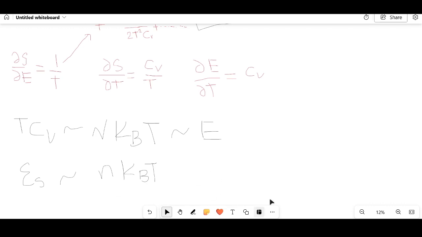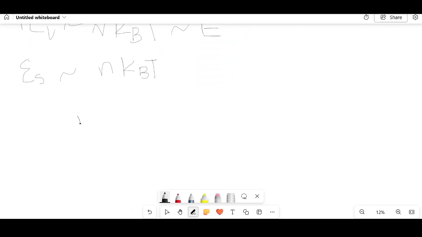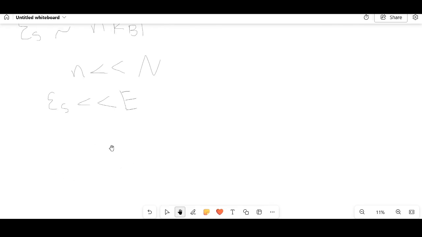If n is very much smaller than capital N, we can conclude epsilon s would be very very much smaller than the total energy. So we can neglect higher order terms and we are left with